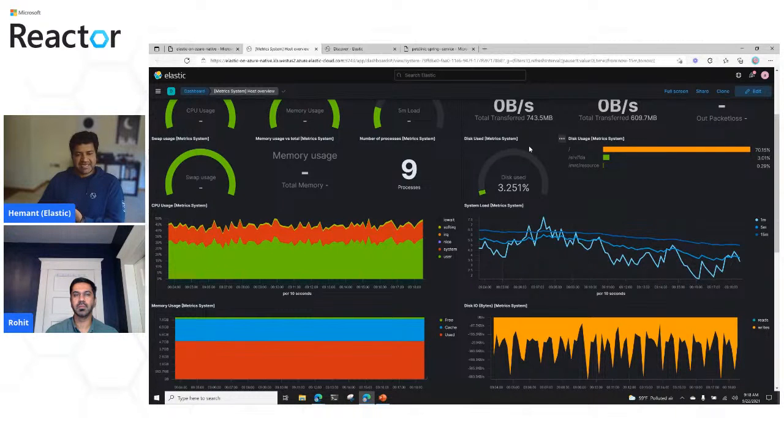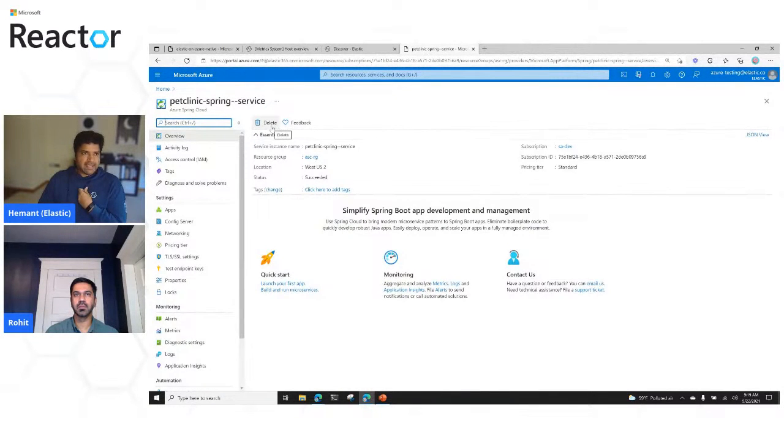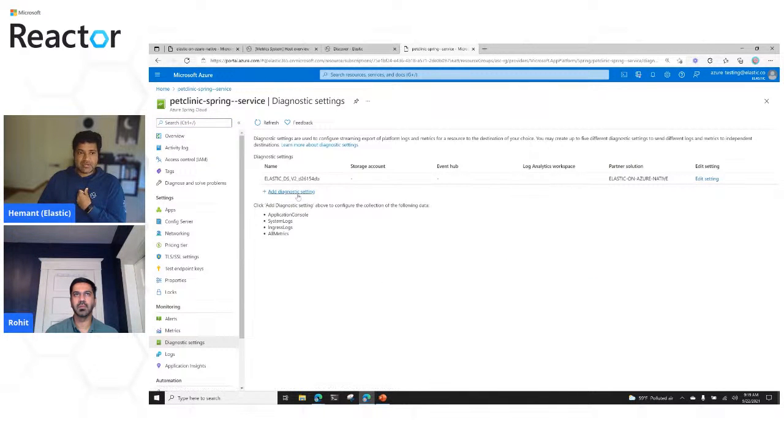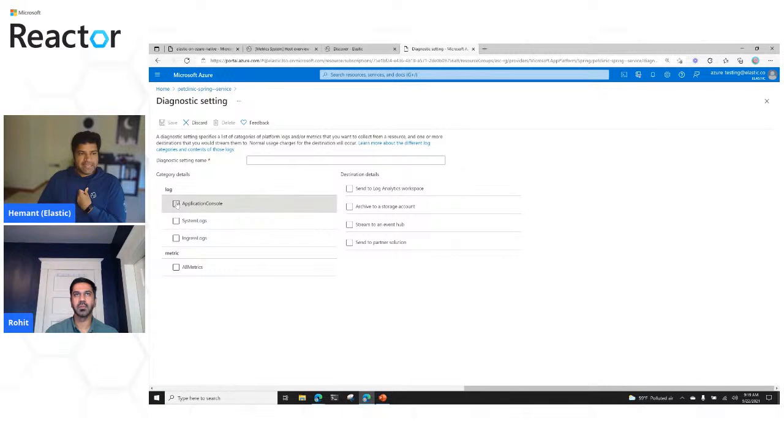And once it takes me to Kibana, these are out-of-the-box visualizations and dashboards that are supported by this integration. So not only am I sending in the data, leveraging the integration, there is also the next step, which is making this experience a lot more turnkey for the users. The native integration goes a step beyond, and I have on my screen an Azure Spring Cloud service that I'm leveraging, and the native integration also supports this service as a default out-of-the-box data source. Users can quickly and easily leverage the diagnostic settings, pick the type of logs that they are interested in, and send it to the Elastic that I just have deployed here.